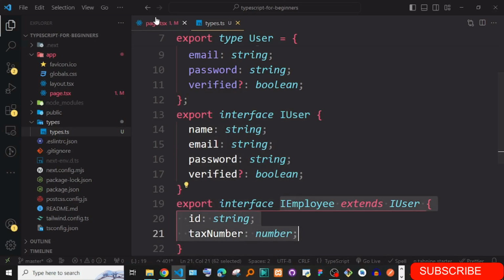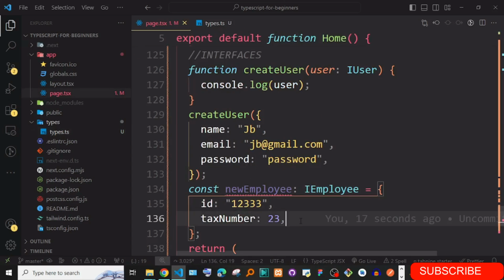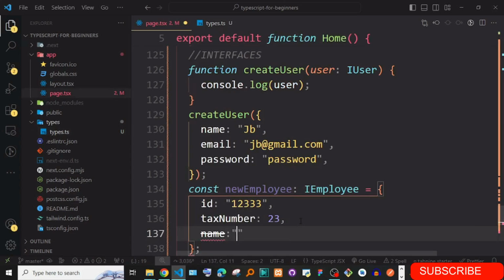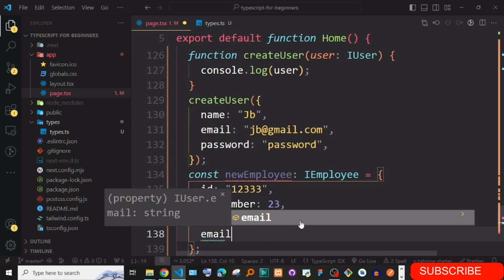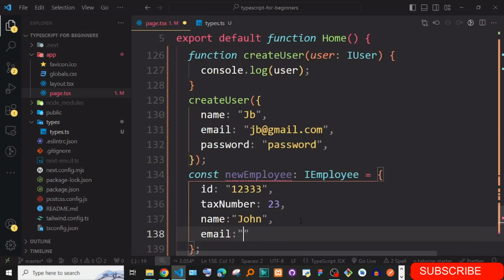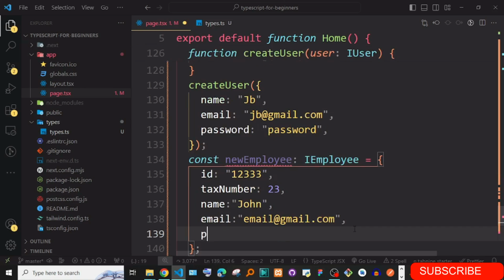So you must also pass in name, email, and password. I can say email at gmail.com, and of course the last one is password, which is maybe just password.